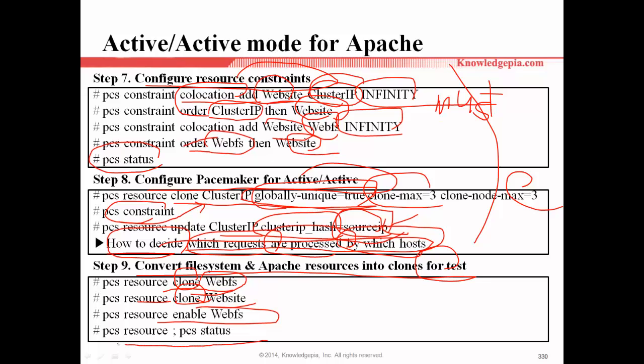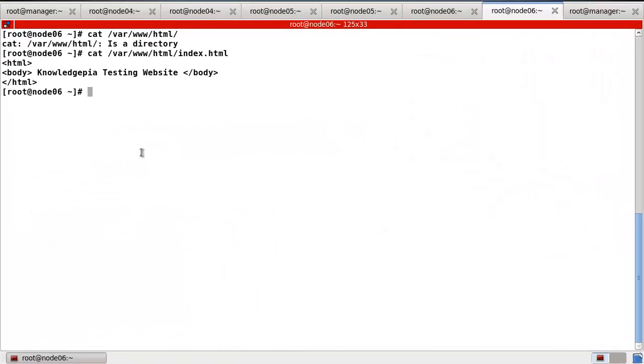If we want to check, we can use the pcs resource and pcs status commands. As I already told you, active and active mode will support running all these resources on every cluster node.